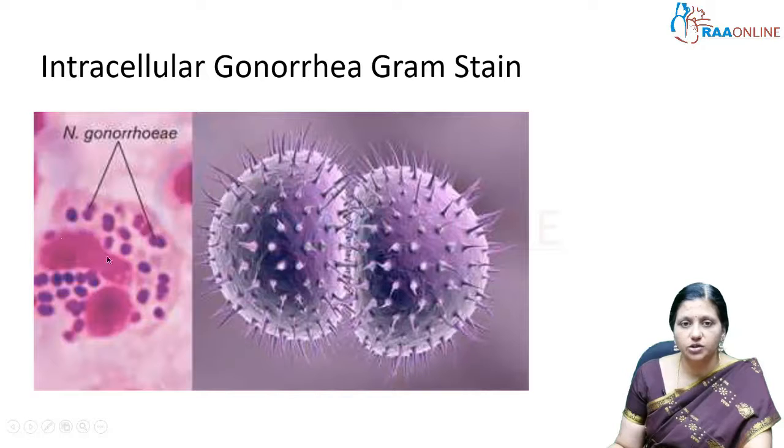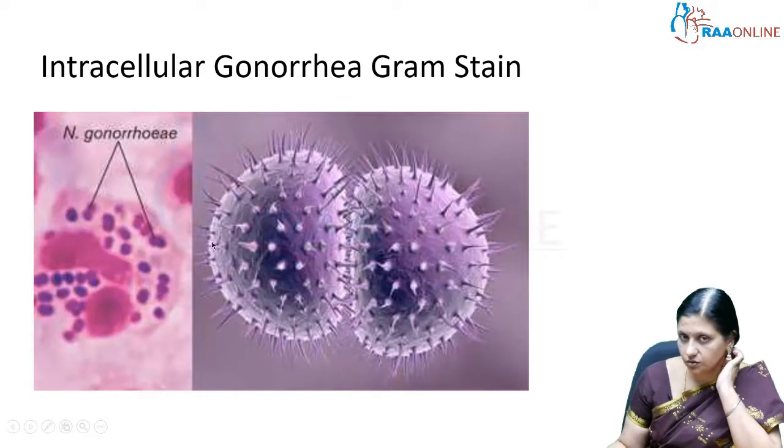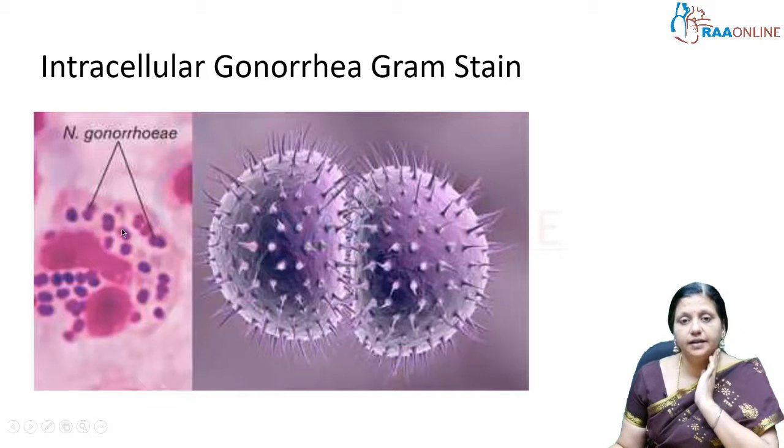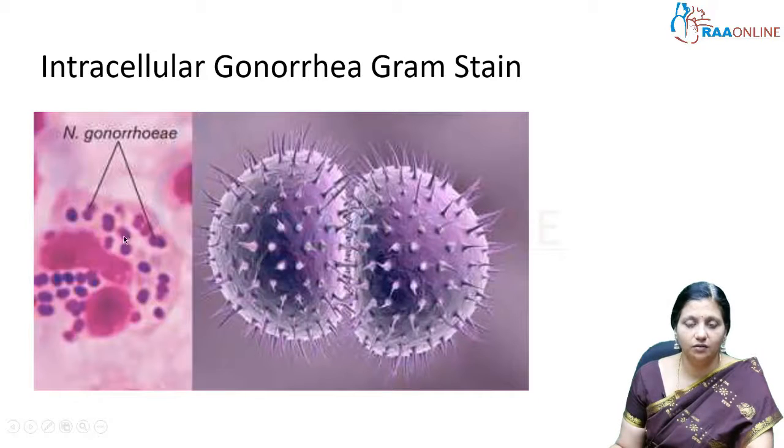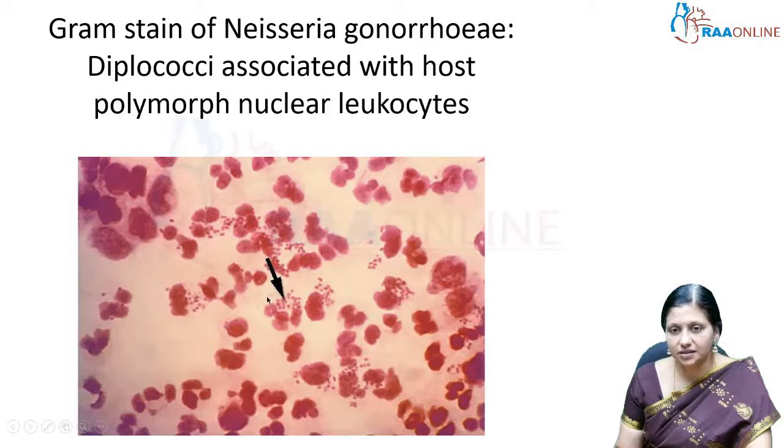So this is a slide showing the intracellular organisms. This is a host cell, in which we are seeing two cocci that always occur together, round in shape, so we call them diplococci, two together, and they are gram-negative, and they are always inside the cell, and they have a rapid replication time. Now this is how the two cocci adhere to each other, and this is again the gram staining smear showing the diplococci, or the two cocci which are together, and they are associated with poly WBCs, host WBCs.